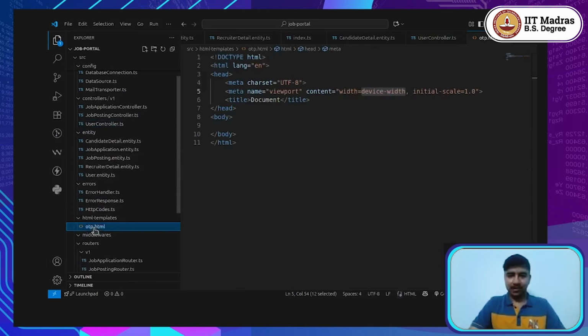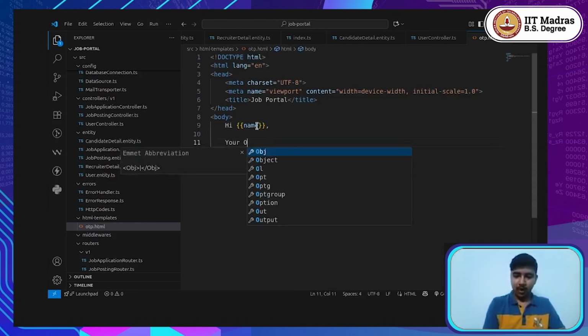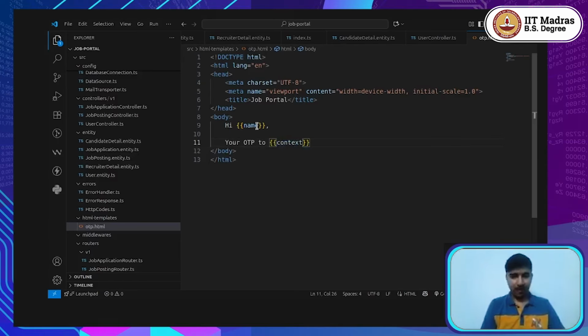So what I'm going to do is I have already created a basic template, and here I would say job portal, just a title, and here I would say hi, whatever the username would be, your OTP to context. Now, whatever the context would be, it could be for logging in, it could be for probably deleting your profile that we might have a functionality for in the coming future, or anything else. Your OTP to, let's say, complete your login process is